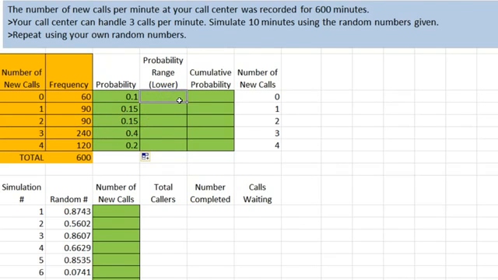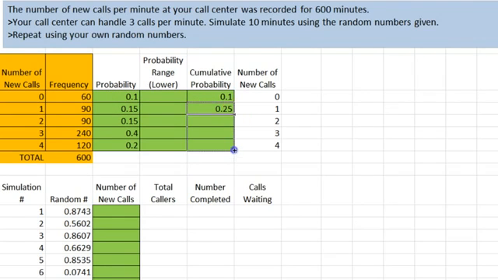To make the probability ranges, there's a number of ways you can do it, but one is to first find the cumulative probability. You want to think of accumulating probability, which just means add up the probabilities as they go along. This is the first one, so if there's 0.1, then 0.1 has accumulated. But from that point on, we find the cumulative probability by taking what we have so far and adding the new row. So if this was 0.1 and this is 0.15, we've now gotten up to 0.25,